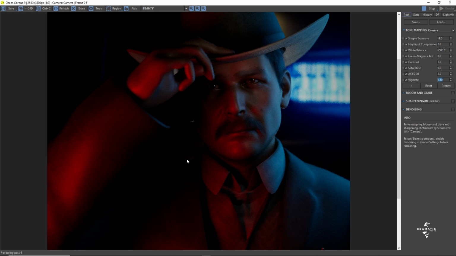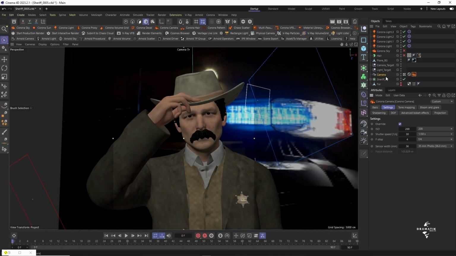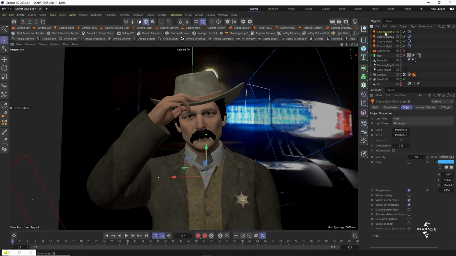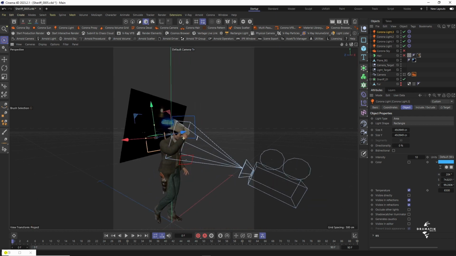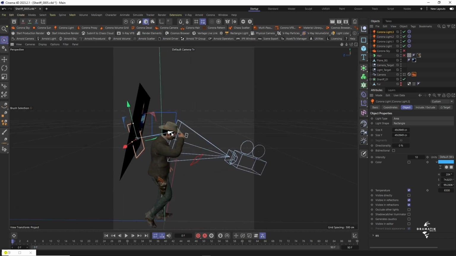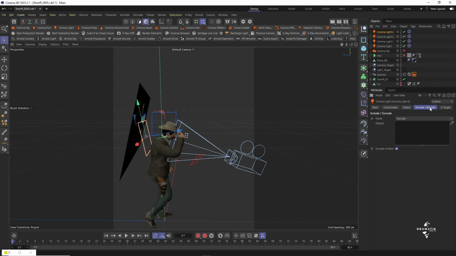Yeah, and the backlight is still bringing something into the scene from what you can see over here to separate our guy from the background. Was it blocked? Let me just see. If it's behind the car, then that's why. Yeah, it's behind the car. So if we pull it over here, then we should say exclude, so it doesn't affect our car at all. There,